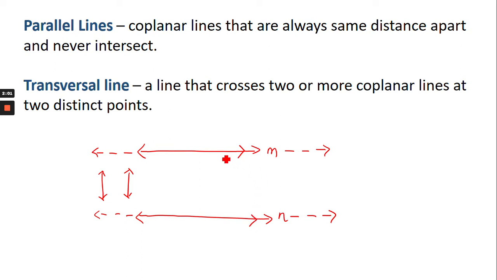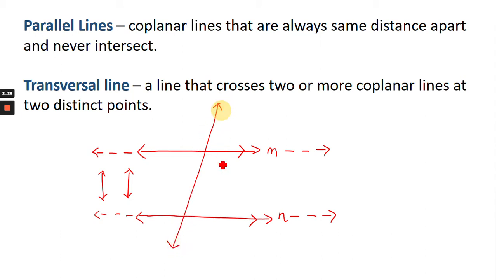Okay, now let us also define transversal line. What do we mean by transversal line? A line that crosses two or more coplanar lines at two distinct points. So if you have another line and it cuts or crosses or intersects two or more lines, we call it a transversal line. So if I have here a line,